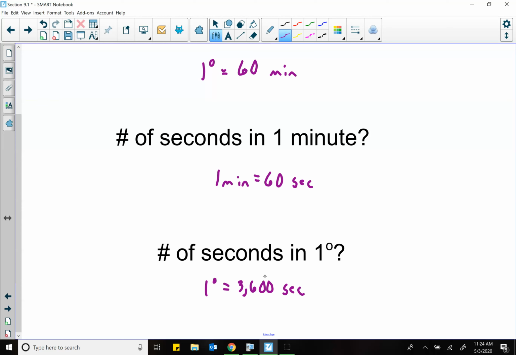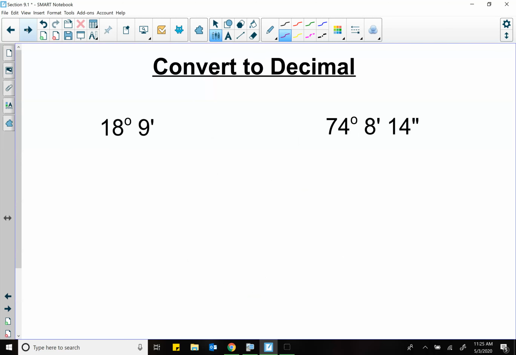Okay? So, let's talk about converting to decimals. Right here, I'm giving you degrees, minutes, and seconds, and I want you to convert this into nothing but a decimal degree value. So, if I want to convert this into a decimal degree, so no more minutes and seconds, right here,